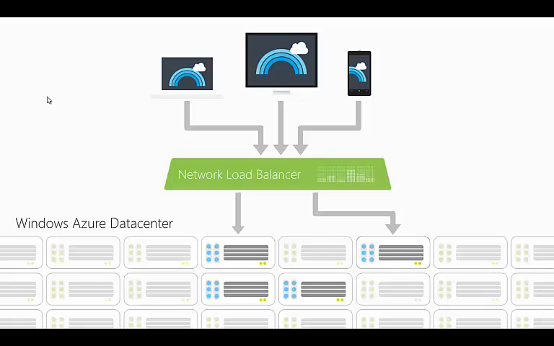Now, if the one that went down was the only virtual machine that was running your website, while that recovery happened, your website was down, right? So you want to make sure that as you're deploying cloud services, if you expect that 99.95% SLA, you have to have at least 2 copies of every role, right? You have to have 2 copies of your web front end, 2 copies of your worker roles, whatever those are, so that should one crash, there's another one already running that the load balancer can direct all that traffic